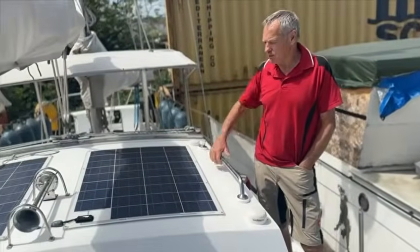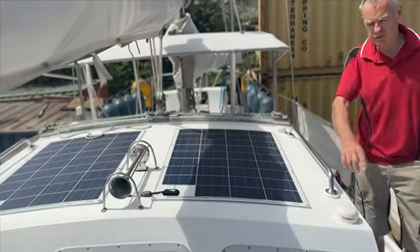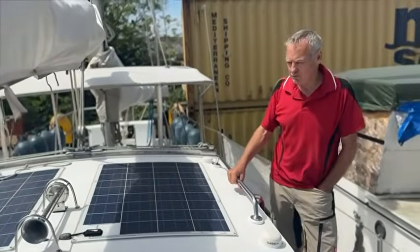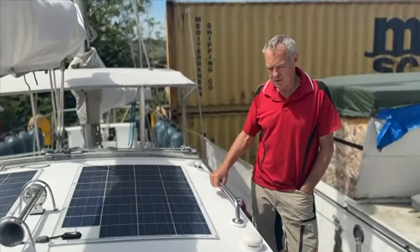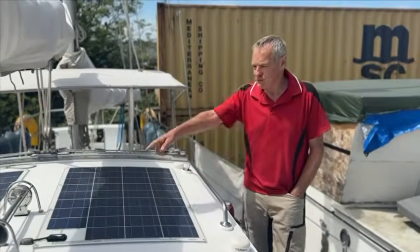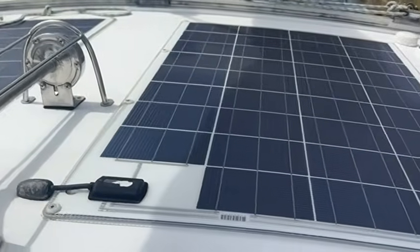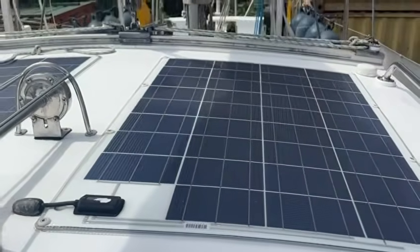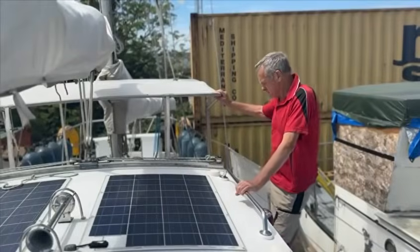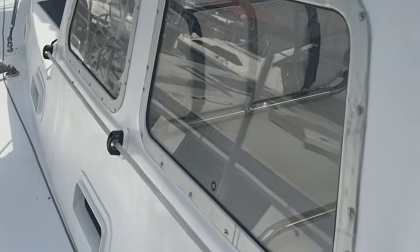We've got 2 solar panels. I think they're 80 watt, and the 2 forward are probably 45, something like that. They're pretty powerful. There's a horn there in the middle. The bimini is relatively new. I think it's 2 years old. Yeah, all the windows and the hatches, by the way, were replaced on the original